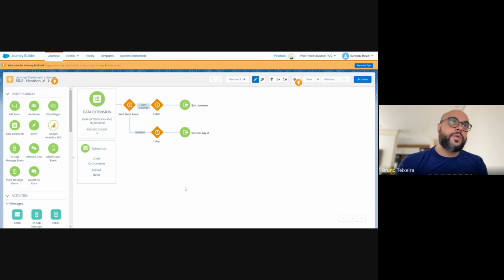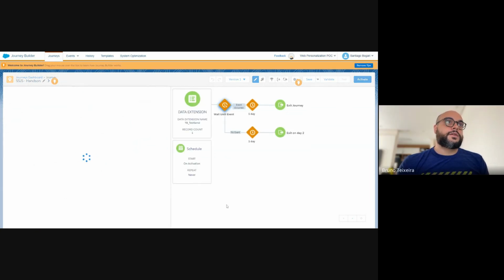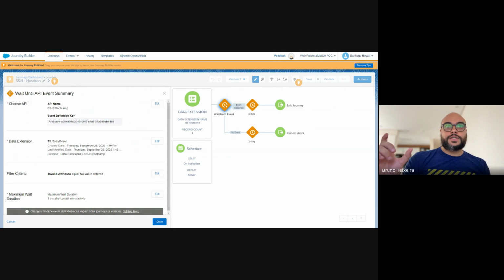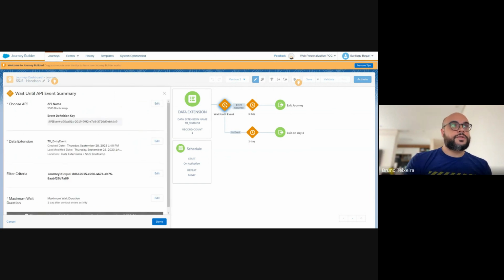If you click on the wait until event activity, you can click on it. And it's going to show us this event definition key. Do you see the second one? Is an API event, this big one. Yes, so you want to copy this,